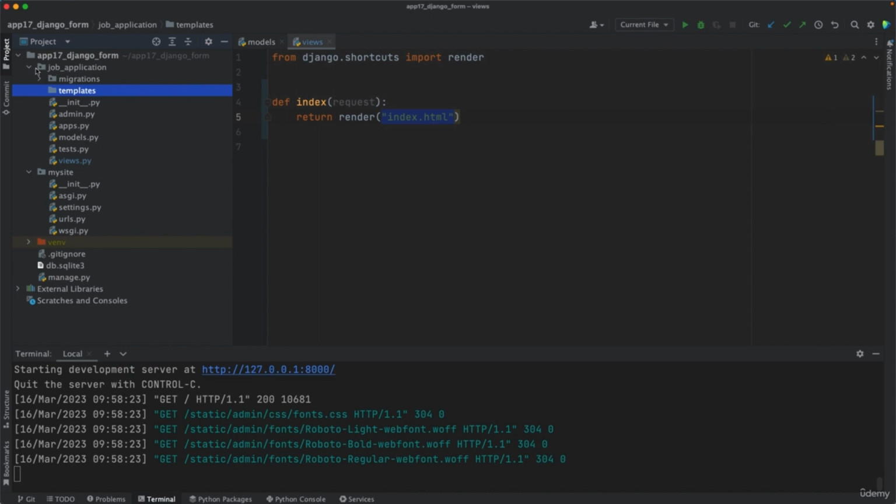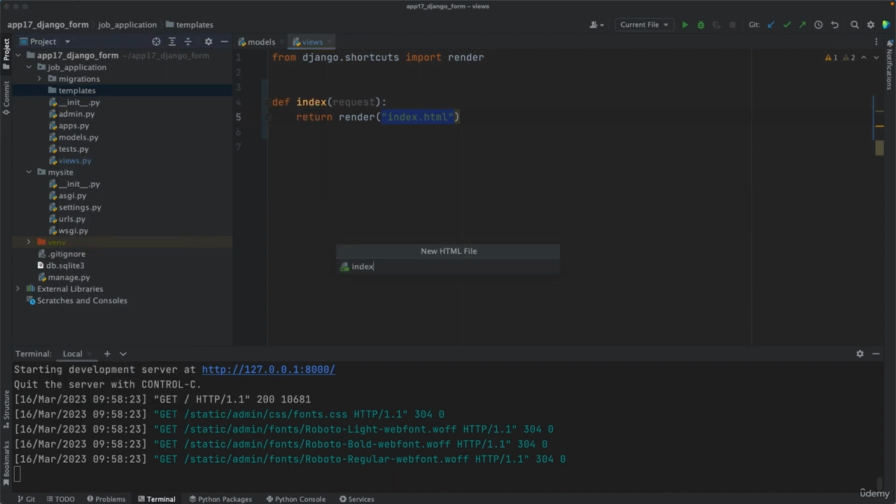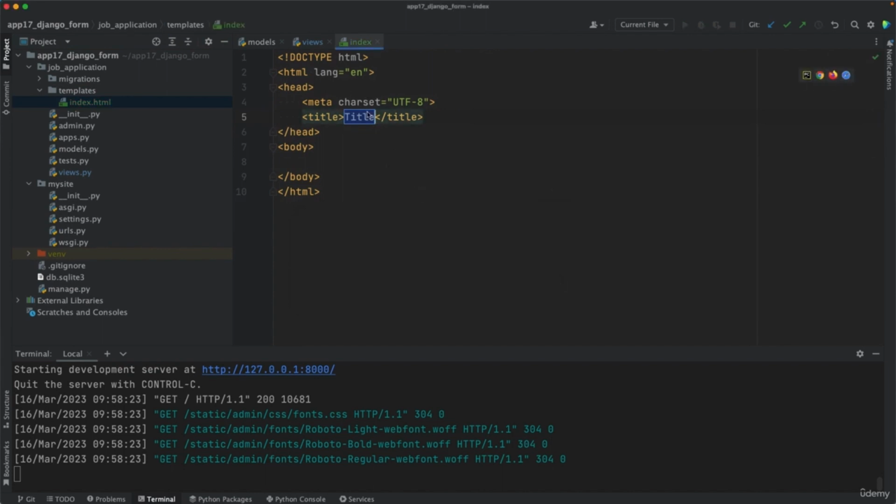which should be located inside your job application folder. So inside your app, so job application, templates, and inside templates you want to create an HTML file. So go to HTML file, name this index.html, and don't delete these. I'm adding this to Git, I'm using Git. Don't delete these lines, we'll use this as a template for now. So I want to show you a generic Django app first, and then we create that job application form. So in the body here, I'll just write hello, or maybe use some h1 tags to wrap this around,